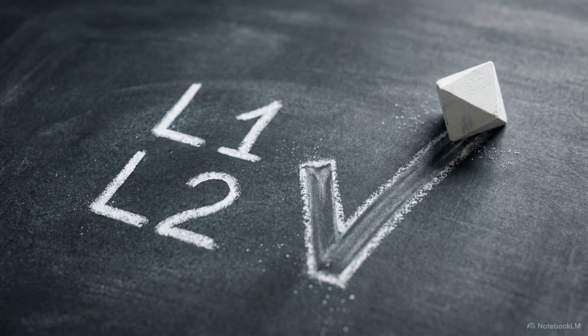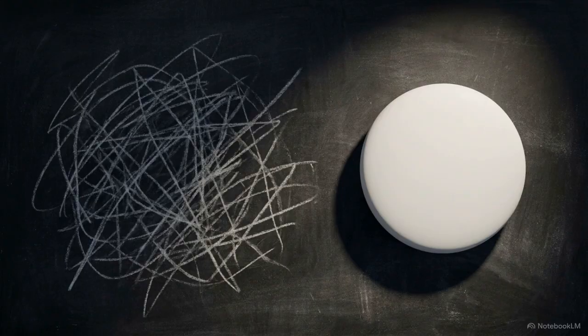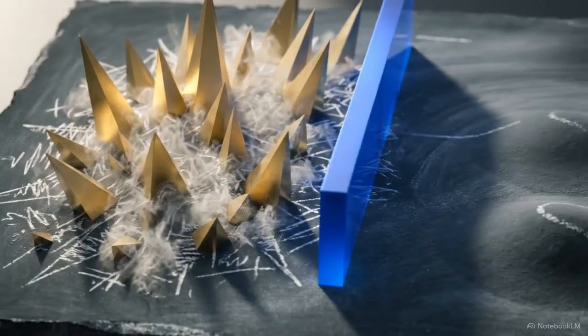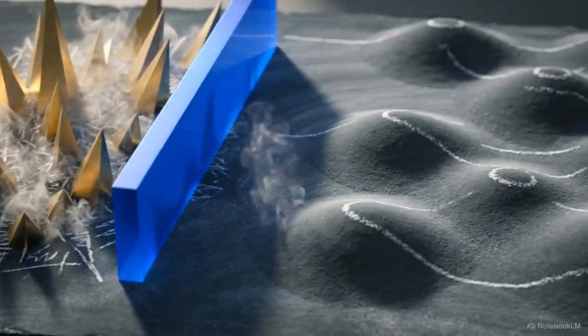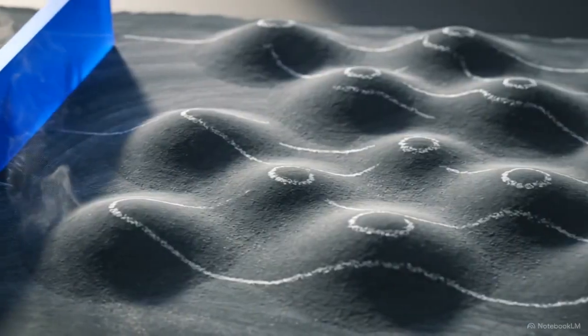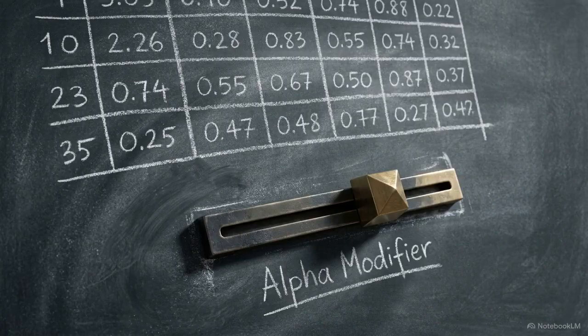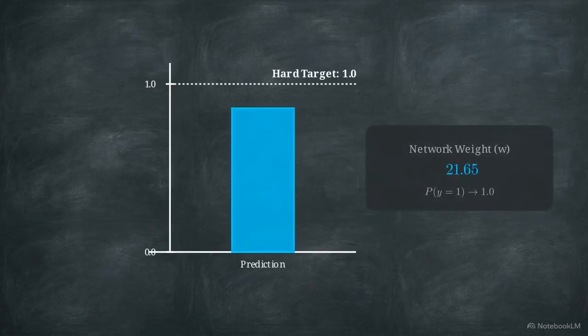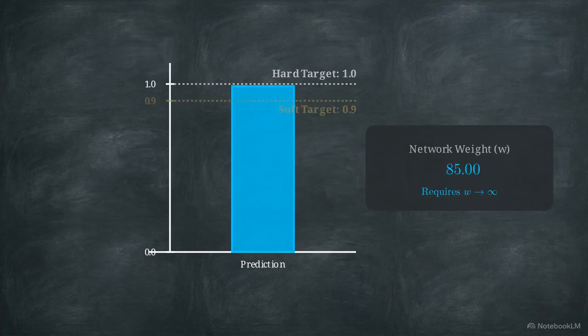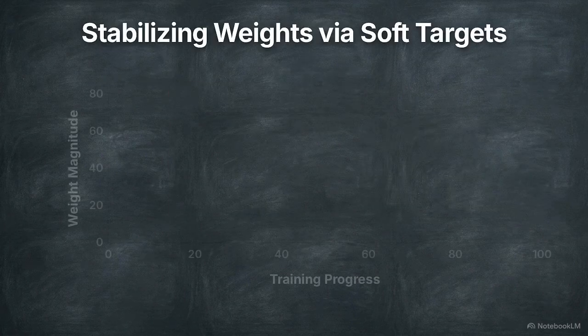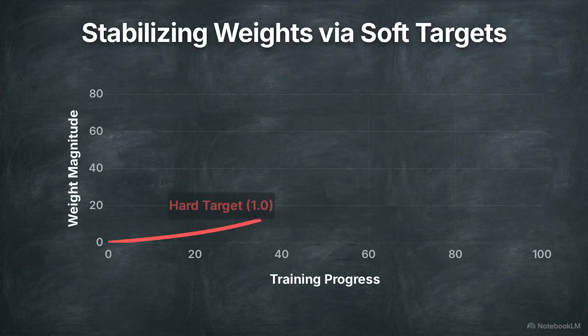Norm penalties are just one execution of this concept. Regularization is any technique that trades bias for variance by encoding a prior belief about a simpler solution. If we inject random noise into the input data during training, we force the network to learn rules that are insensitive to small random variations. Mathematically, this is equivalent to placing a norm penalty directly on the weights. If we apply label smoothing, treating a strict classification of 1 as 0.9, we model noise directly onto the targets. This prevents the softmax function from aggressively chasing infinite weight magnitudes just to achieve absolute certainty.